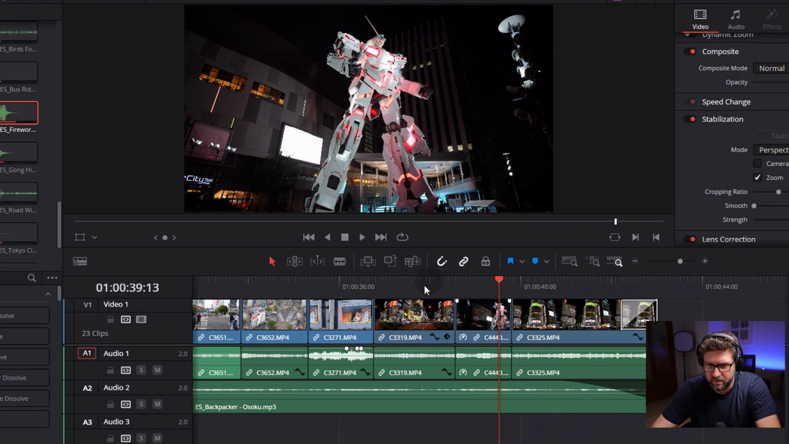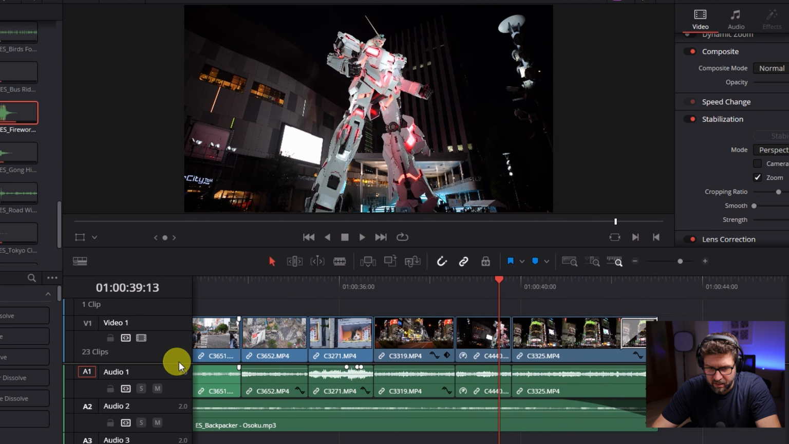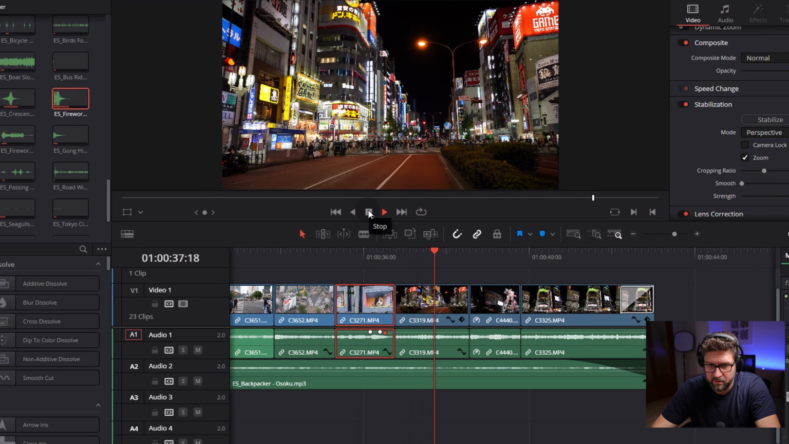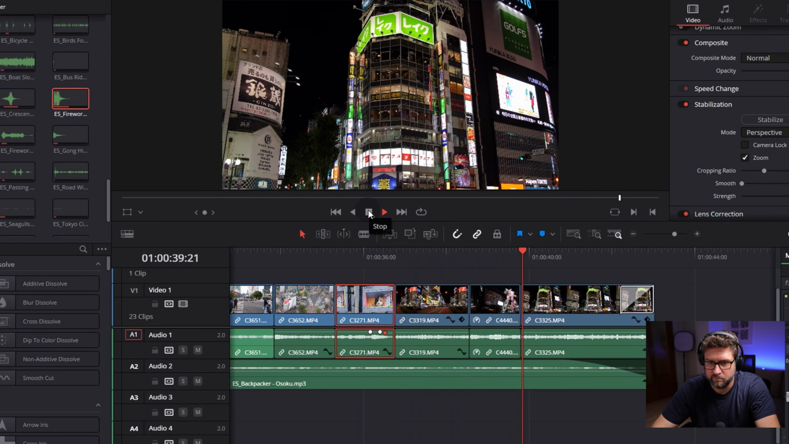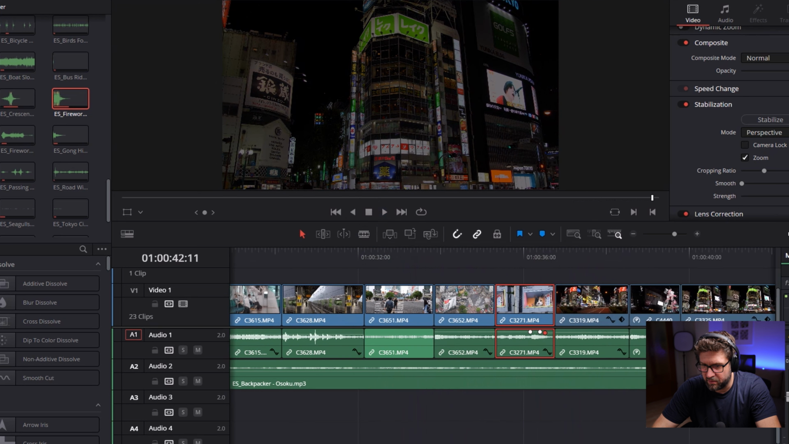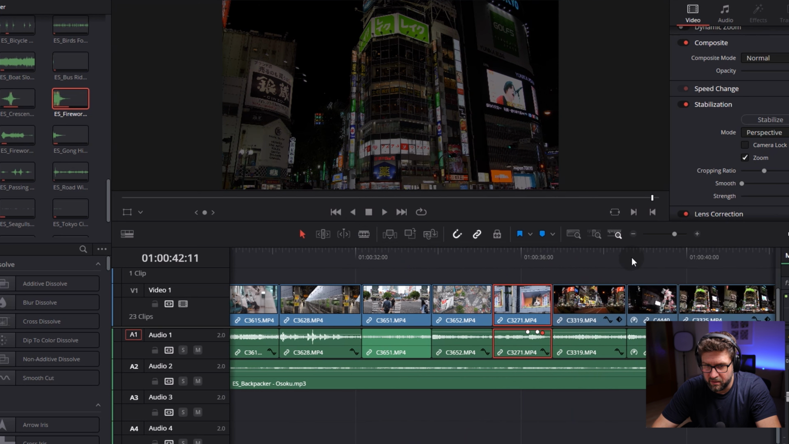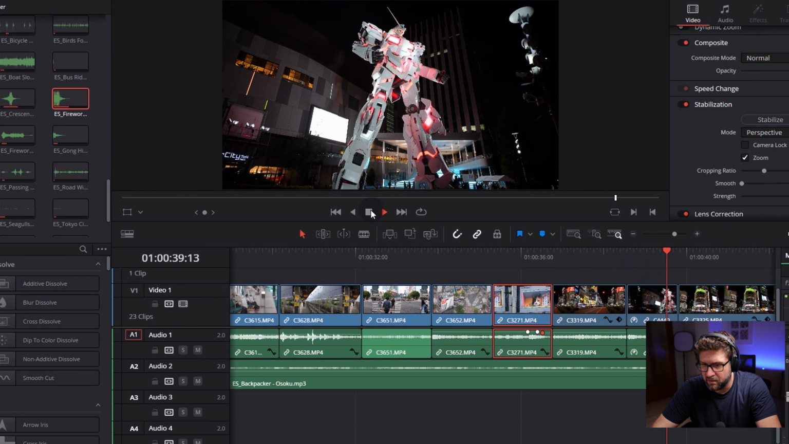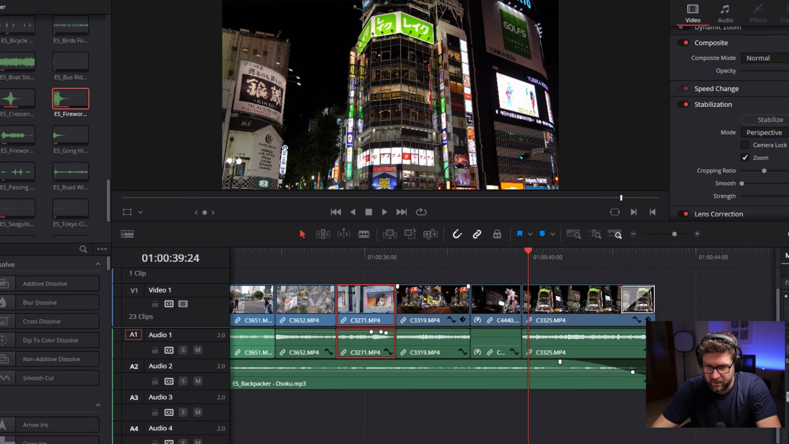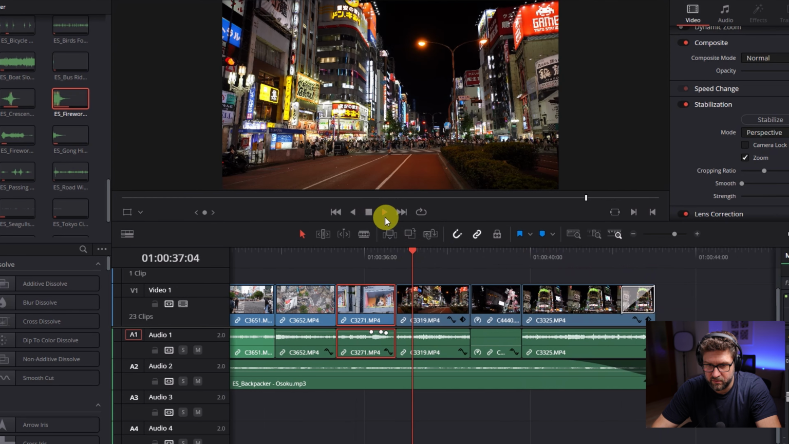Okay, I think I really like how this sounds. Also the cat. Okay, I think we can go with this. The only thing is I don't like the background of this robot. So what I can do here is that I simply